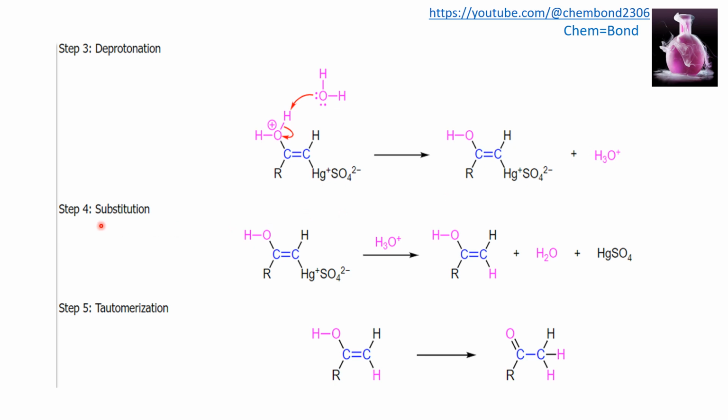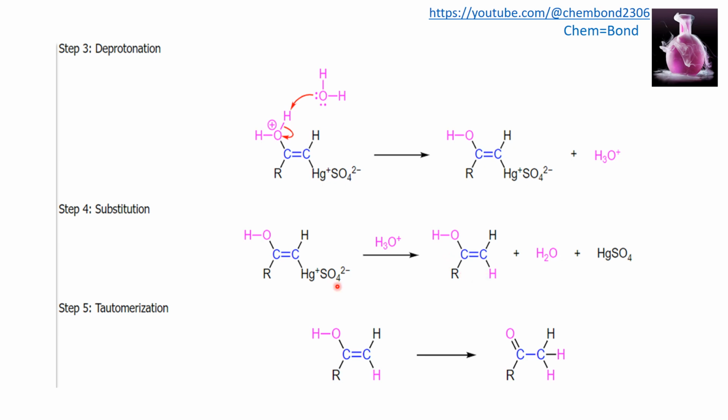Fourth step is the substitution step. The hydronium ion contains a hydrogen ion and a water molecule. The hydrogen ion, having a positive charge, will substitute the mercury ion, which also has a positive charge. So the H ion from the hydronium ion will attach itself there and the mercury sulfate will be released. Also, the water molecule will be released